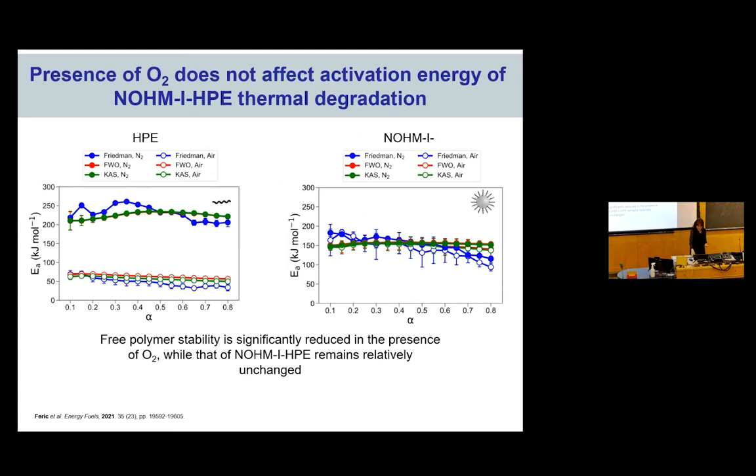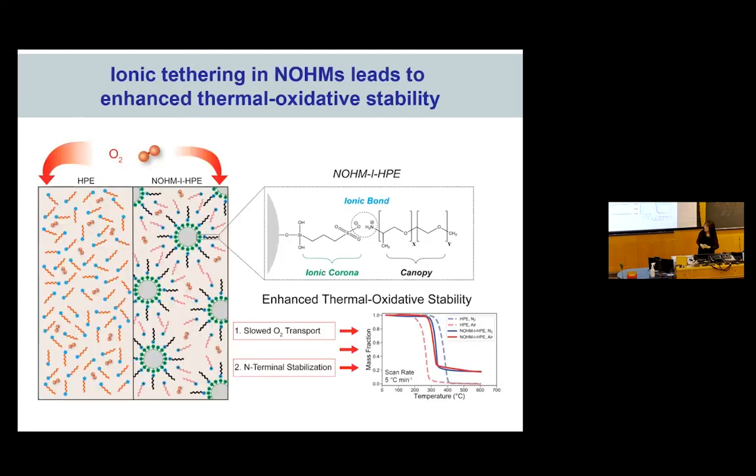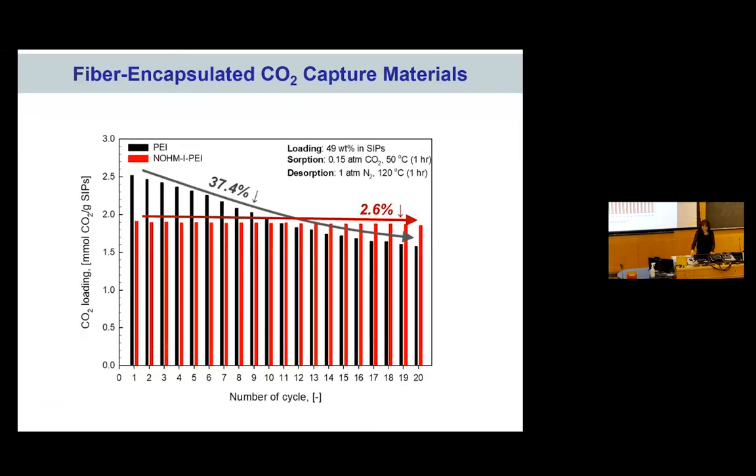And that's one of the reasons, or two of the reasons, they work really well. On the left-hand side is untethered polymer, on the right-hand side, this is our gnome system. Because of the increased viscosity, oxygen could not really penetrate through all these systems. And we had a lot more stabilization of the different functional groups because of the tethering. So we got super excited because we can actually sustain the red bars, or gnomes, up to 20 cycles,